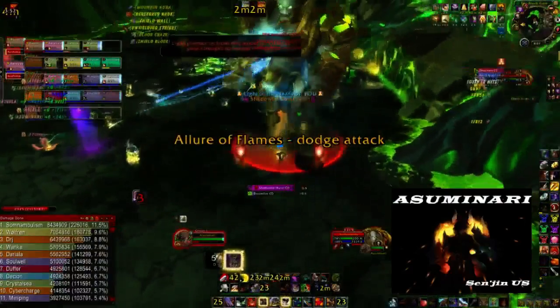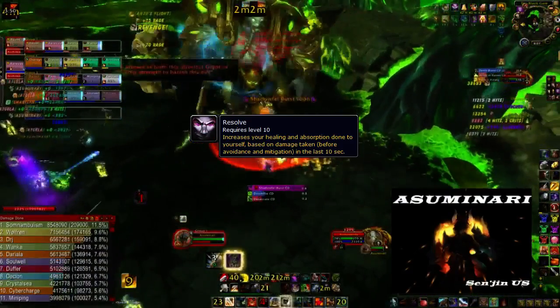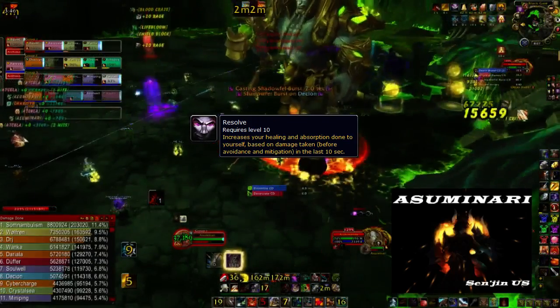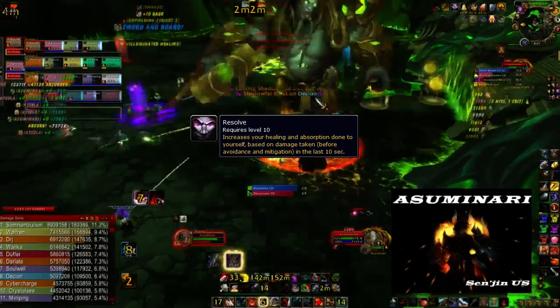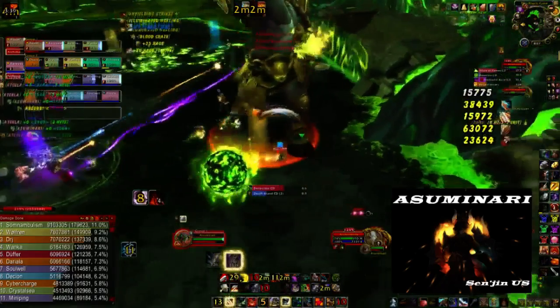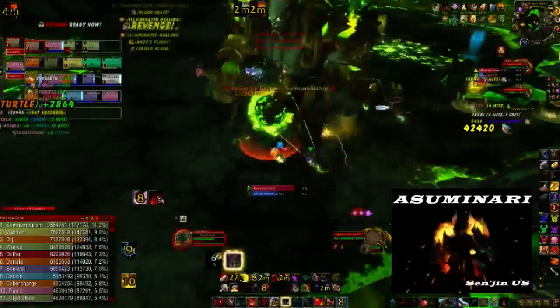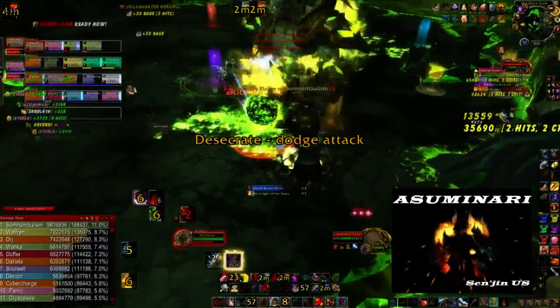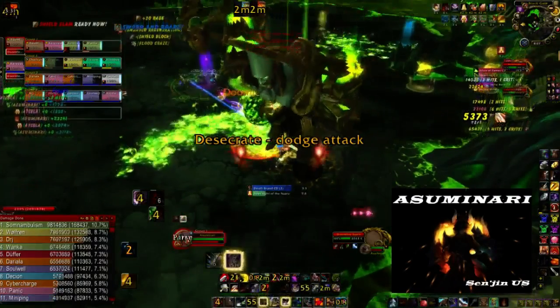That's how Resolve works. It takes an analysis of your incoming damage over the last 10 seconds, and then tries to compensate your ability to self-heal and mitigate accordingly. That icon is incredibly annoying to try and keep track of, so I actually use an add-on called Resolve Status, which I've linked below. It gets the job done, and if you can find one you prefer over it, I highly recommend you do so, as the more important thing is that you have an easy to read and understand